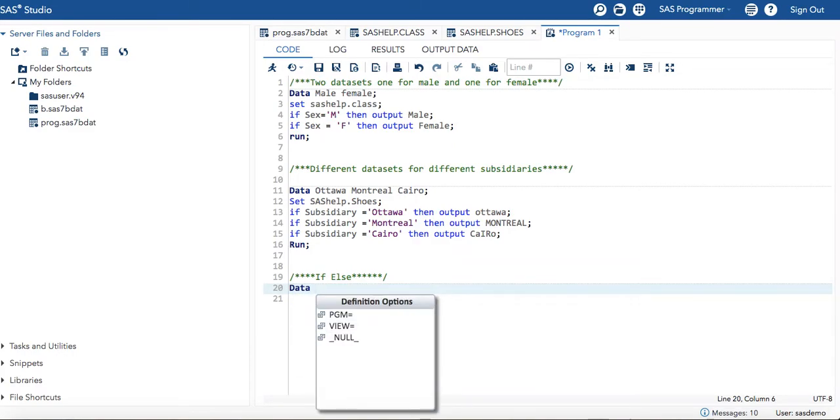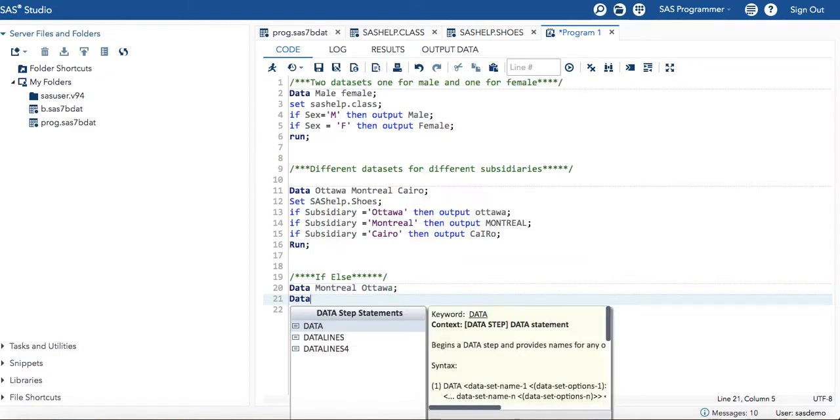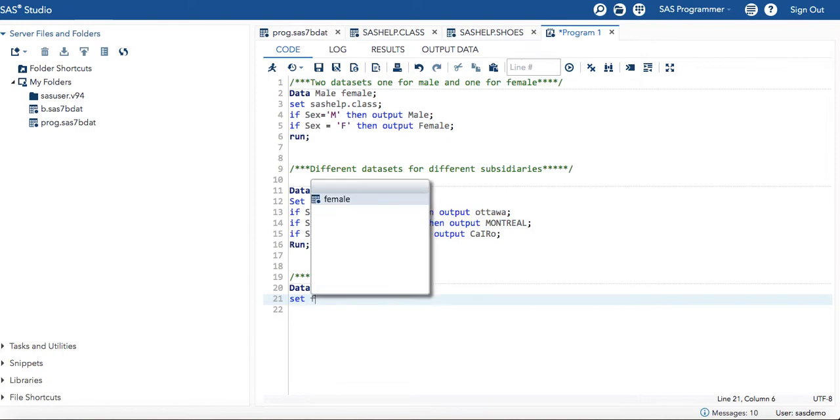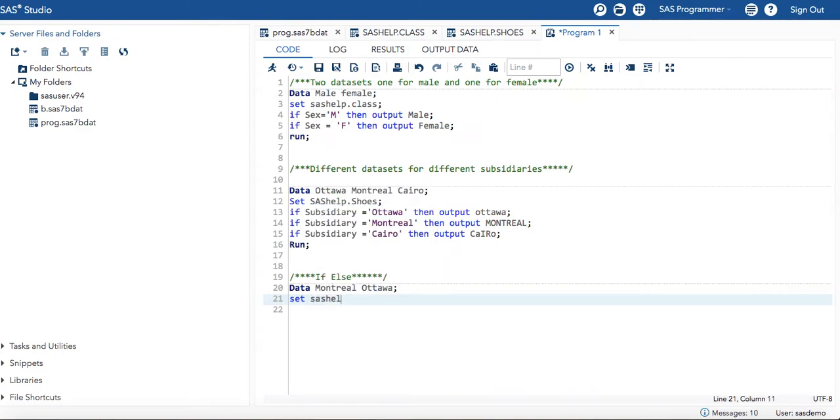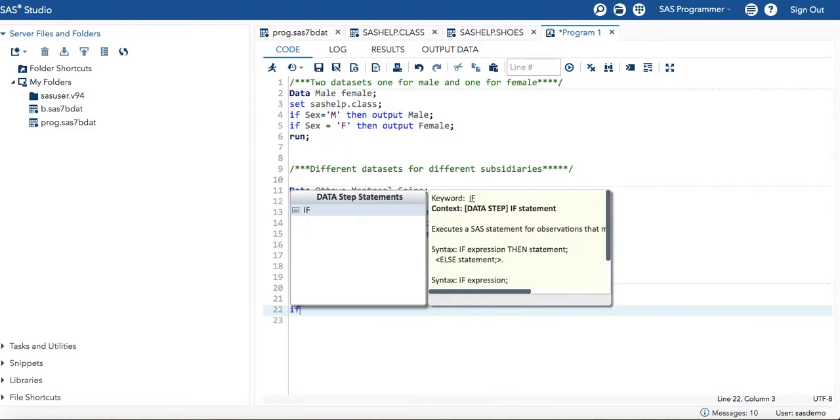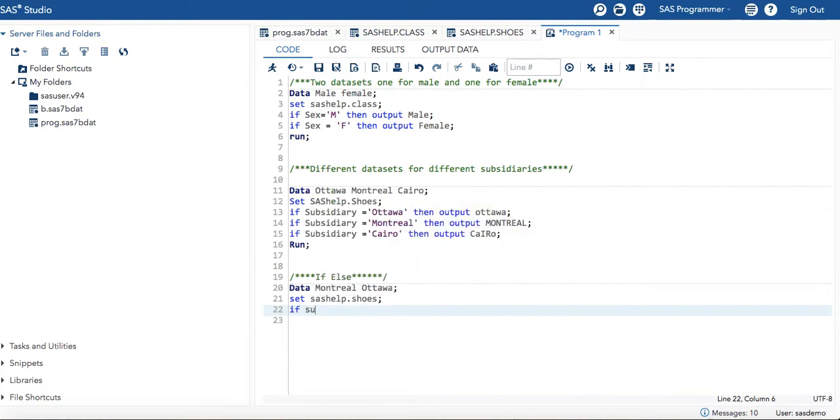Say I want data Montreal, Ottawa. Now I'm saying set sashelp.shoes, right? Then if subsidiary, sorry, the subsidiary spelling is wrong. Let's pick it from the first data step.